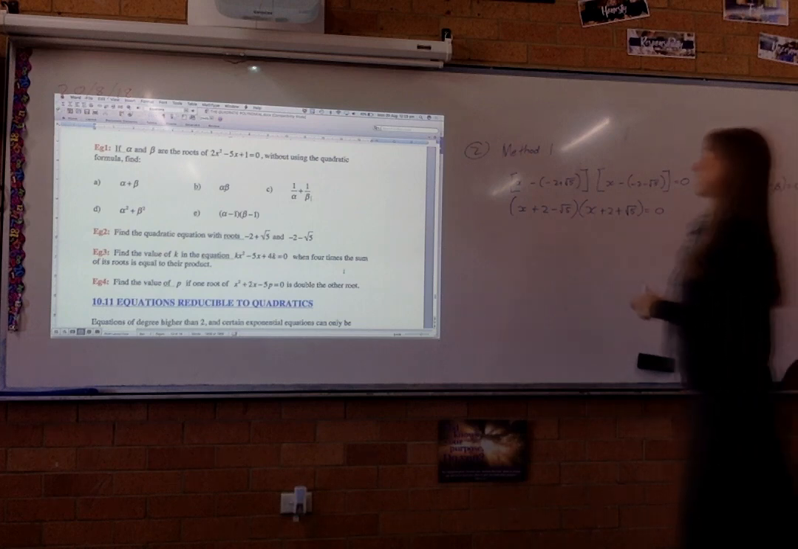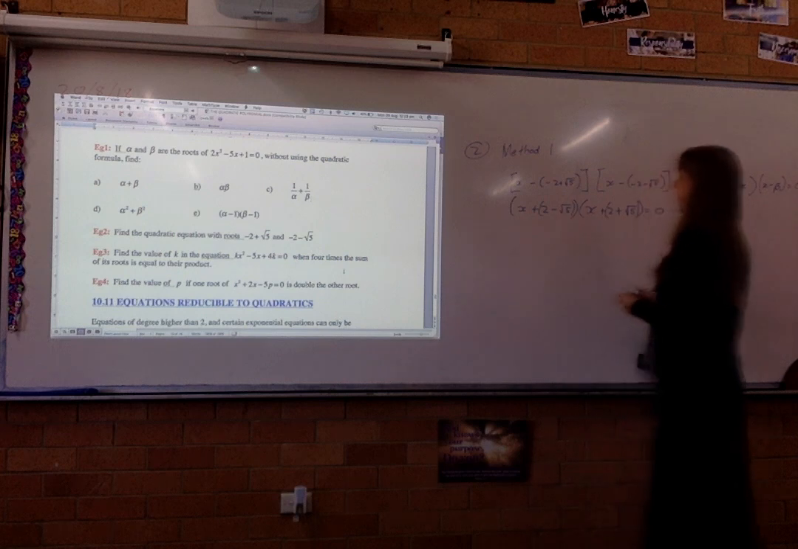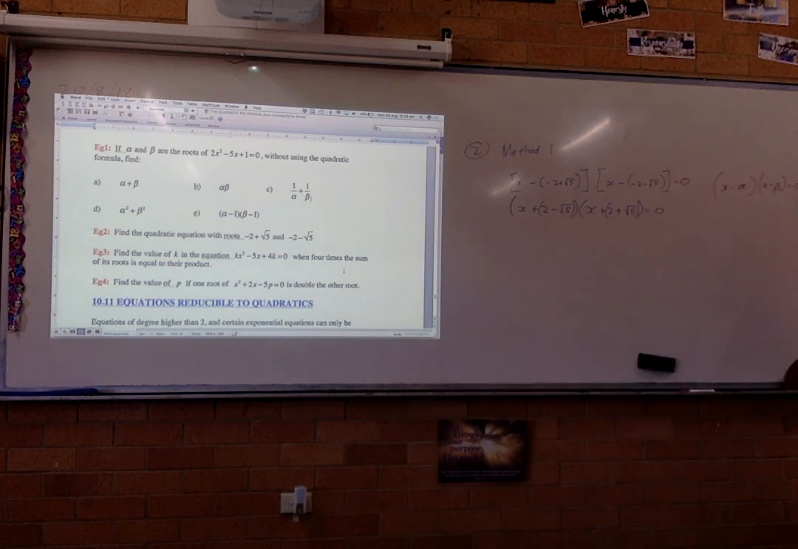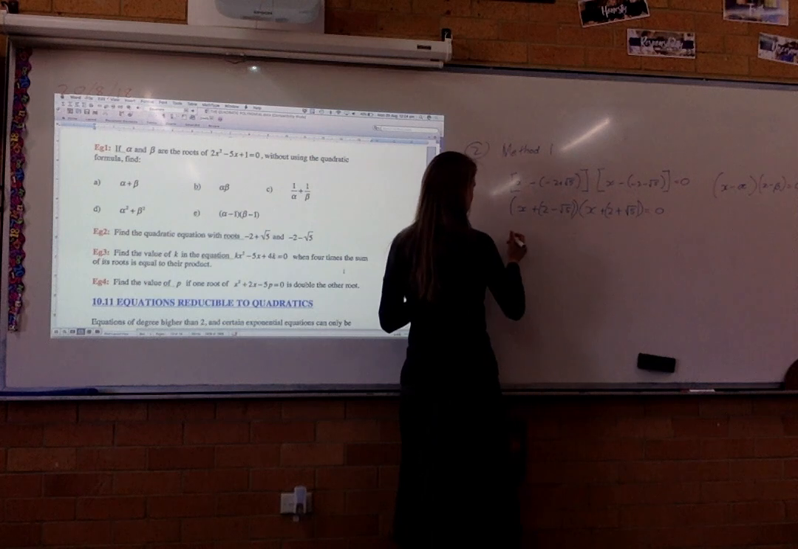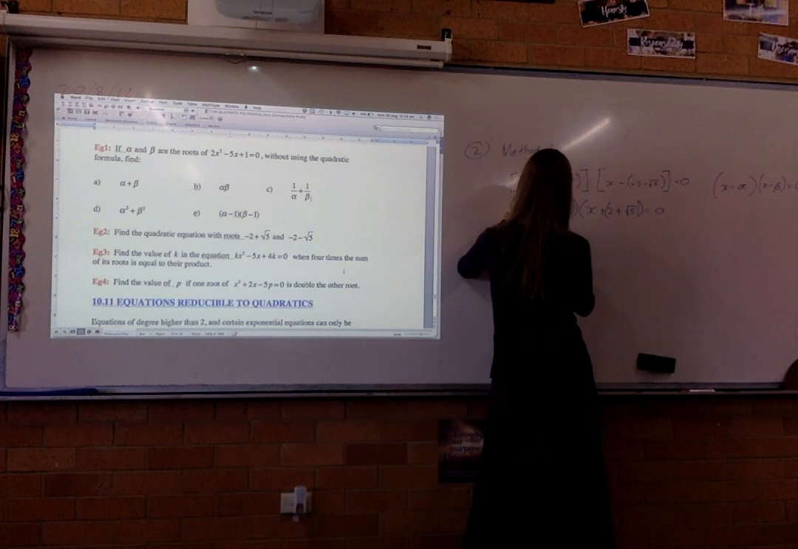Now, to make life just a little easier, we could just put brackets around this, and expand it out as a quadratic, rather than having 3 terms and multiplying it all out. It'll just make our life slightly easier. So let's do the FOIL method. x times x is x squared,